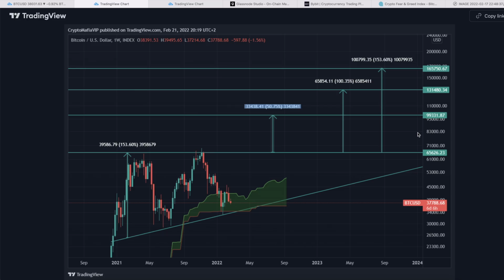I don't think that's a coincidence at all, but definitely a cool number. And then a 100% pump would put us at 131k, which has been my long-standing target for Bitcoin, and I still believe that we're going to get there. The reason I think we're going to get there